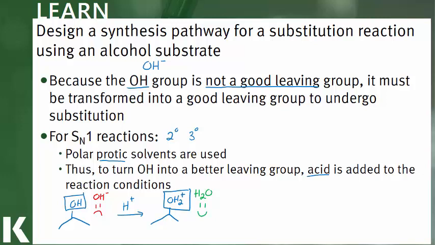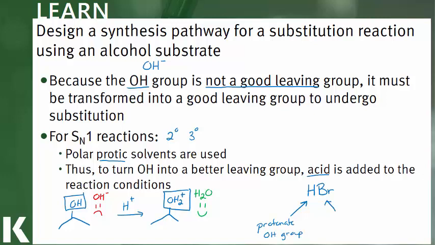The really nice thing about using acid is if I wanted to turn an alcohol into a halide, I could just use an acid halide, something like HBr, where the proton here would be used to protonate the OH group,